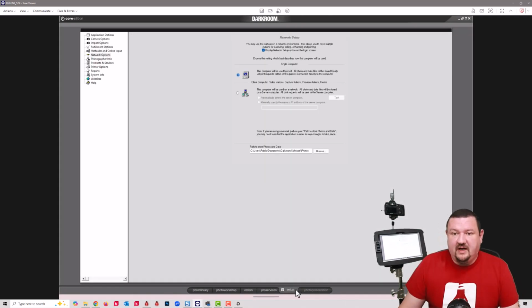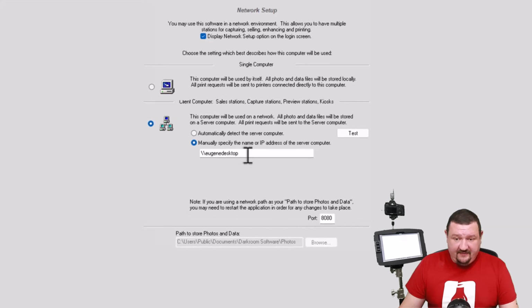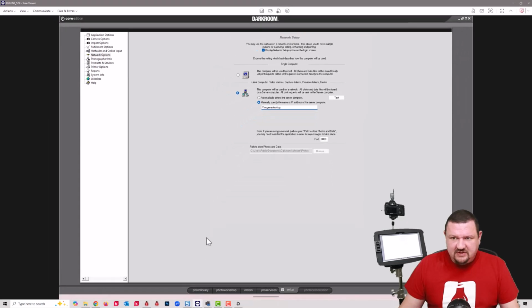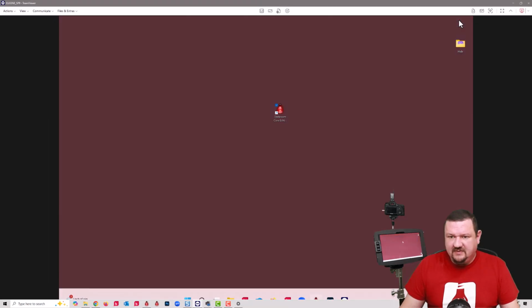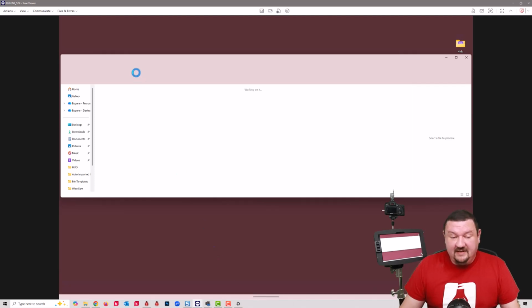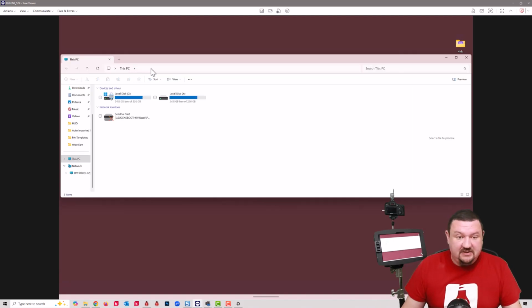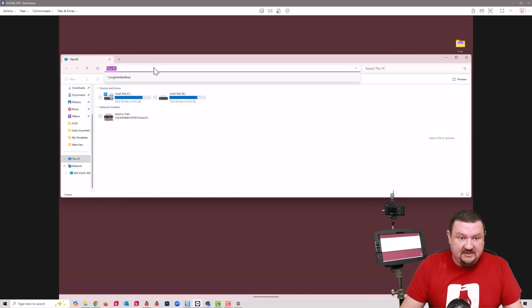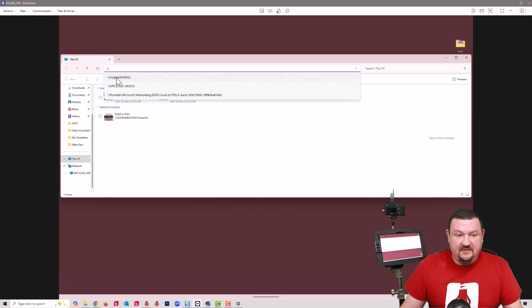Now when we go to our network options and click on client computer, we can see the port is set correctly, and we're going to manually specify the computer name. So it's the same path that we had before, and what I like to do, just to make sure that I'm not missing anything, is test that connection now from this computer. I'm remotely controlling it, so it's /Eugene desktop,